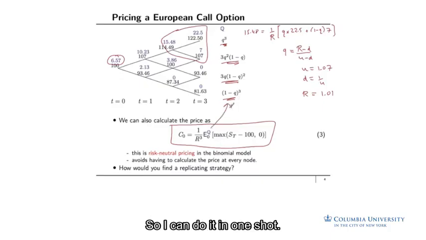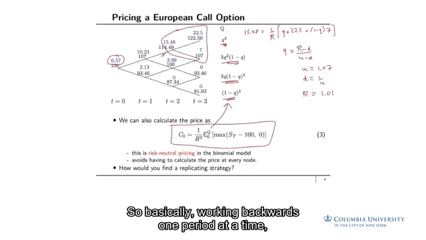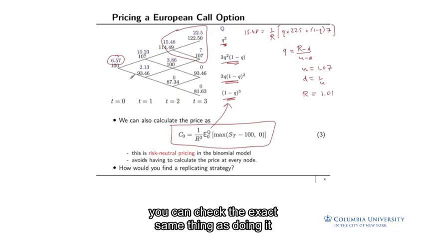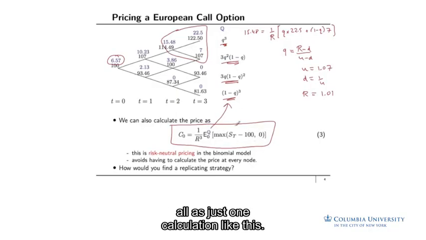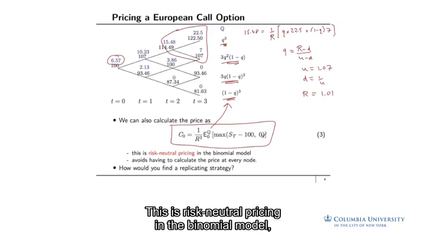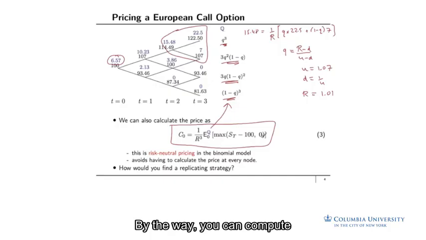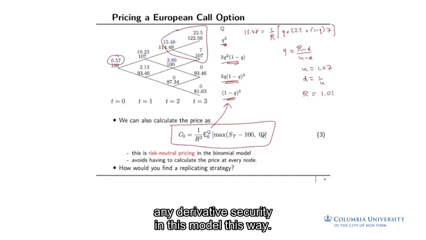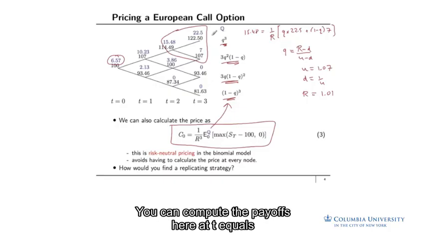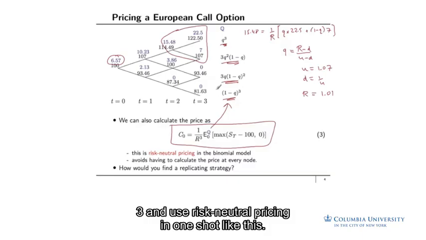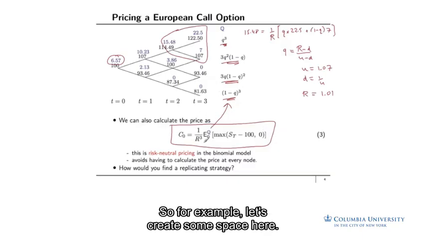So I can do it in one shot. So basically, working backwards one period at a time, you can check it is the exact same thing as doing it all as just one calculation like this. Okay. This is risk-neutral pricing in the binomial model. It avoids having to calculate the price at every node. And by the way, you can compute the price of any derivative security in this model this way. You can compute the payoffs here at t equals 3 and use risk-neutral pricing in one shot like this. So for example,